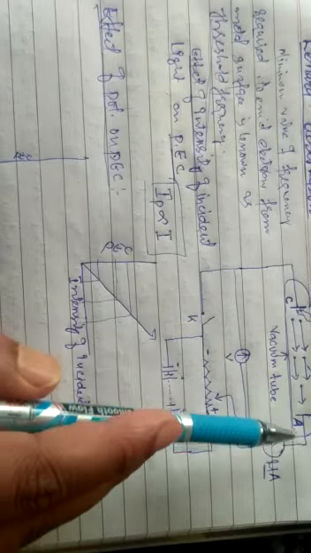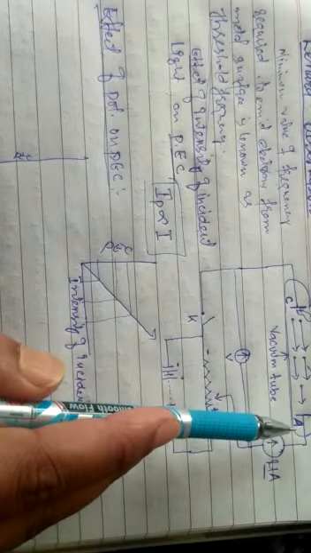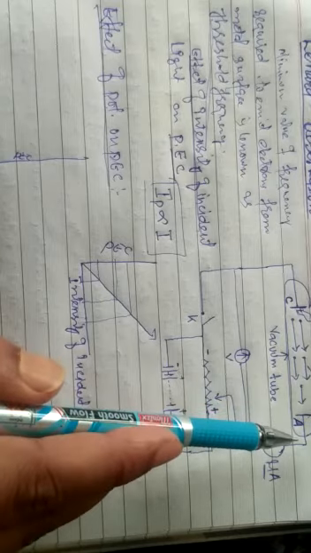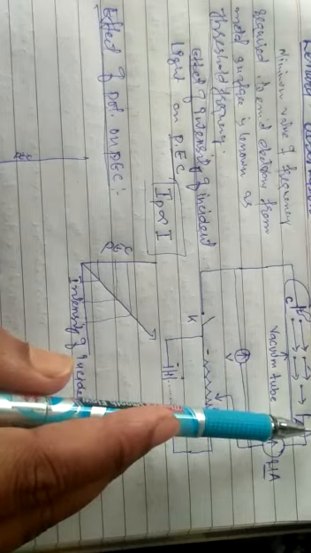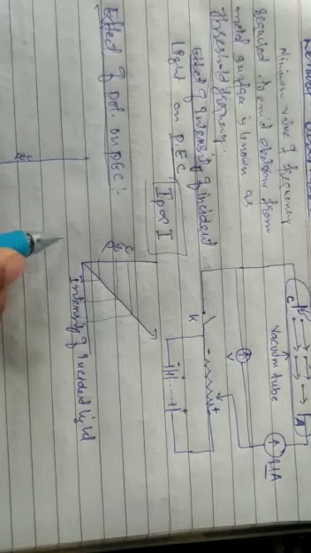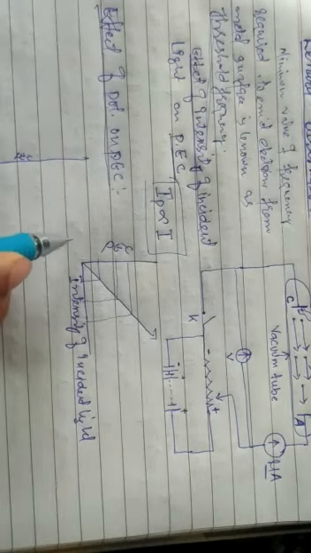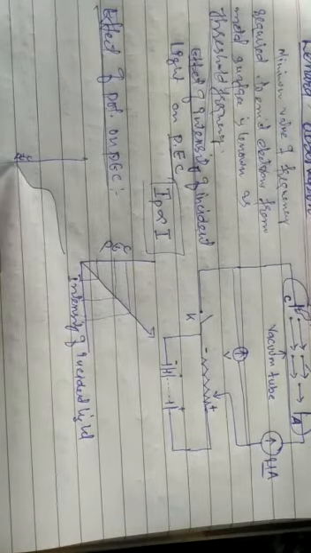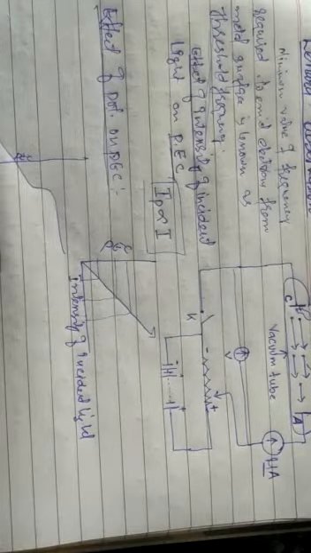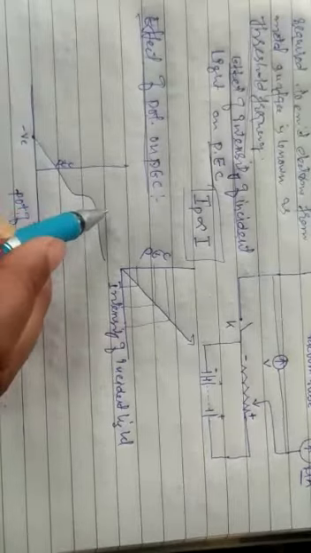If we further increase the positive potential of plate A, there will not be an increase in the current because it has attained the saturated value. So the current will be like this, with the saturation value quite like this. I have shown the graph like this. This is known as the saturation value, saturation current.